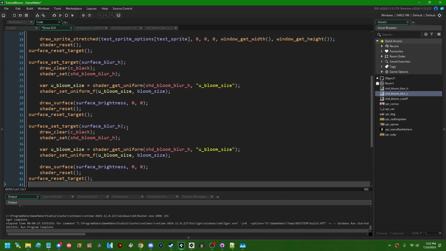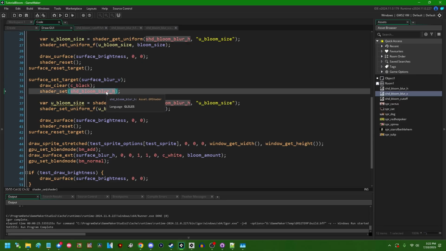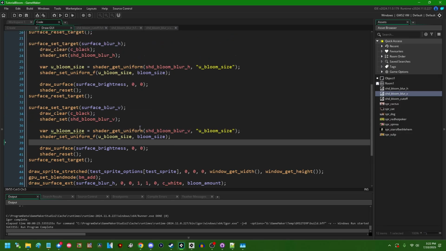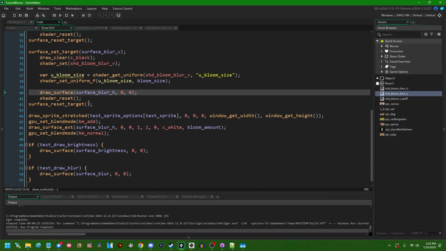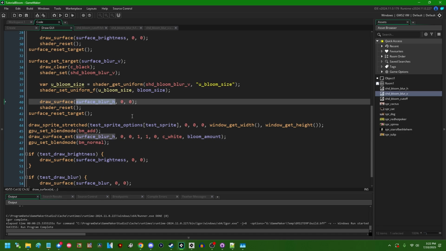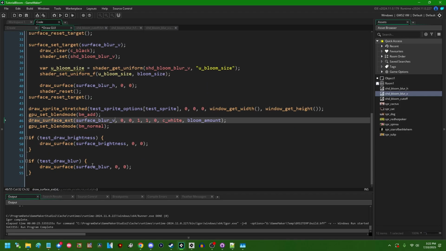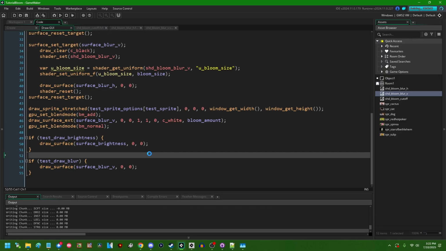And now we're going to do a 3rd stage here. So we're going to surface set target surface blur underscore vertical. We're going to do the same thing. We're going to want to update the references to the shader to point to the correct surface. It's going to have the same uniform, and the surface that we're going to want to draw is going to be the previous blur surface. So surface blur H, and this surface blur H is going to contain both the horizontal and the vertical blur. So when we draw the final image, we're going to want to use that one. And down here at the bottom in my test draw, we're also going to draw that. So now if I run the game,